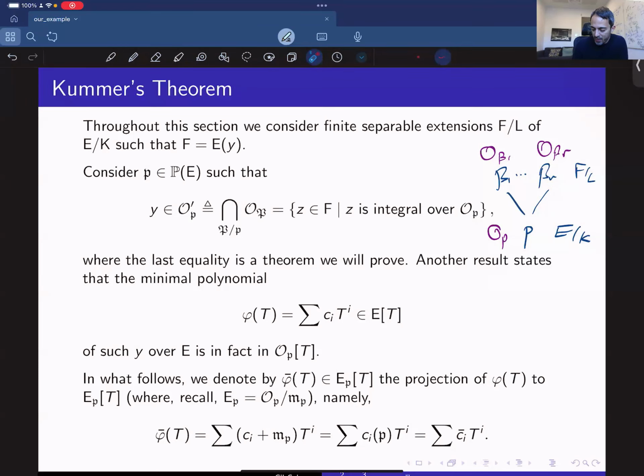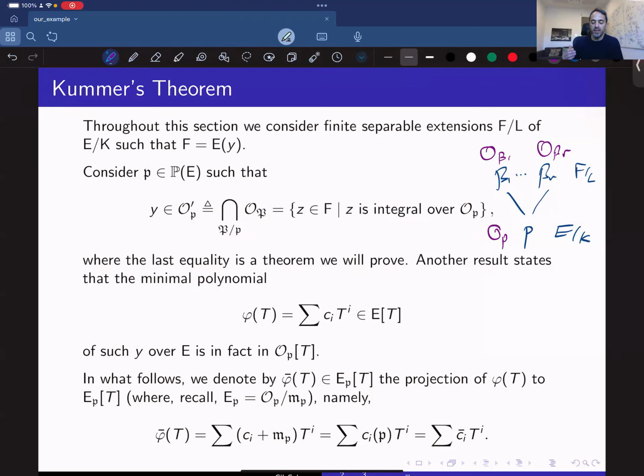Right, all functions in F that are defined everywhere above P. Now, another characterization of this is the following. We are looking at all Z in F that are integral over OP. Here there is no explicit reference, at least, to these valuation rings. I'm just looking at a Z in F, and I'm saying that it belongs to the set if it's integral over